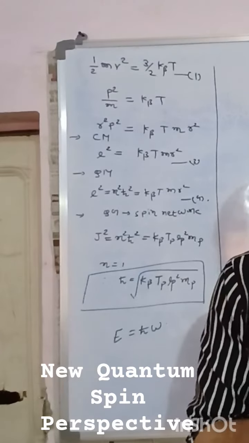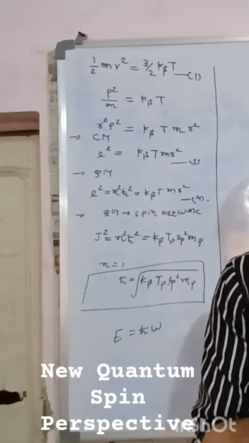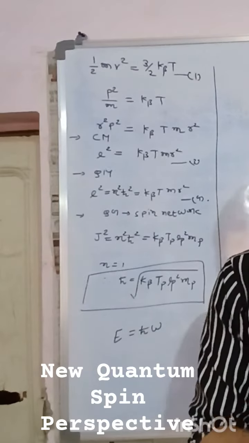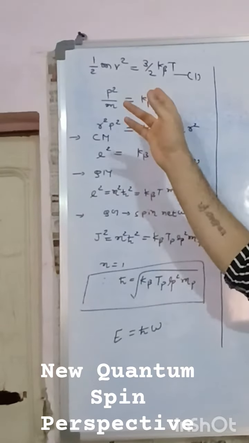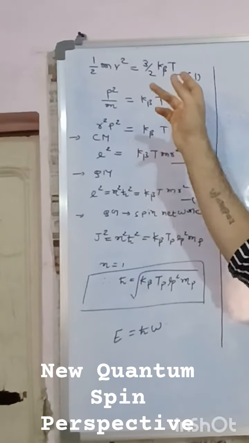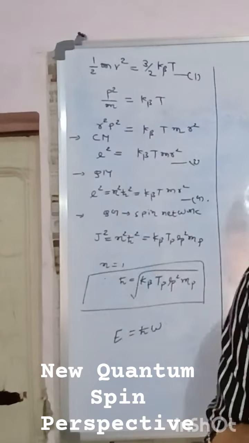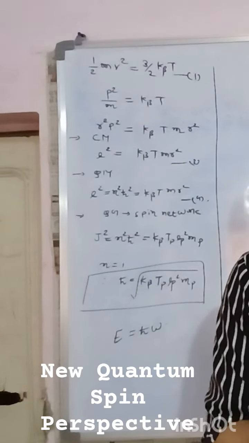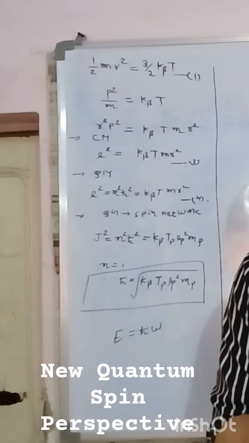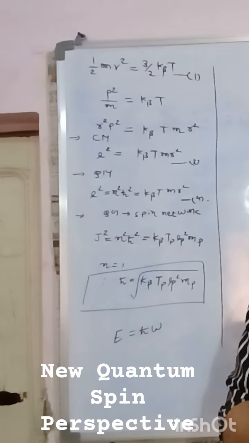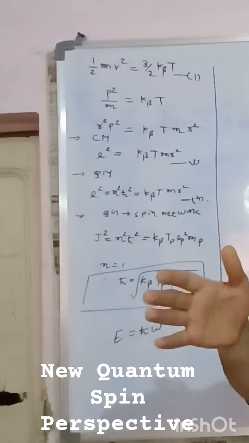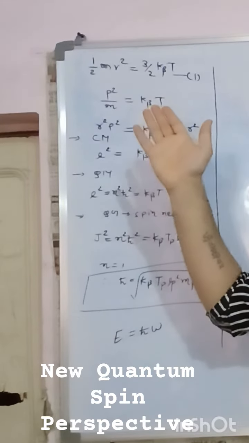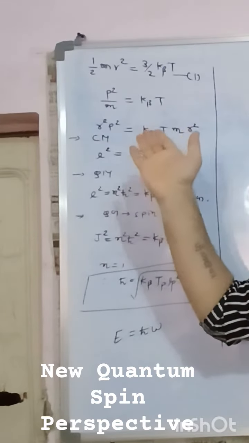To derive this equation, I have used the kinetic theory of gases of thermodynamics, and that equation is 1/2 mv² = 3/2 k_B T. This equation is nothing but the definition of temperature, that is, average kinetic energy. If we simplify this equation, for instance, if I multiply the numerator and denominator of the left hand side, we can have